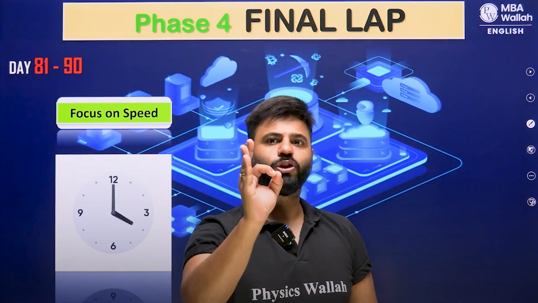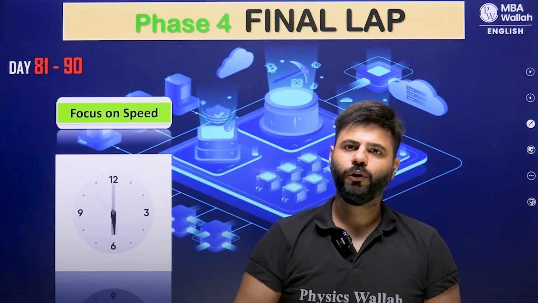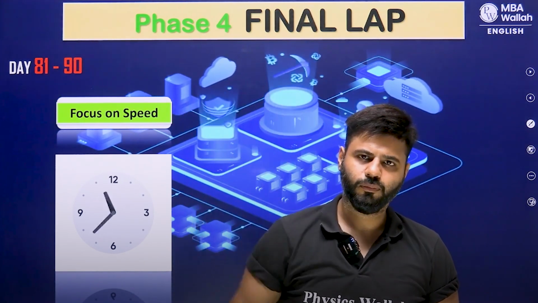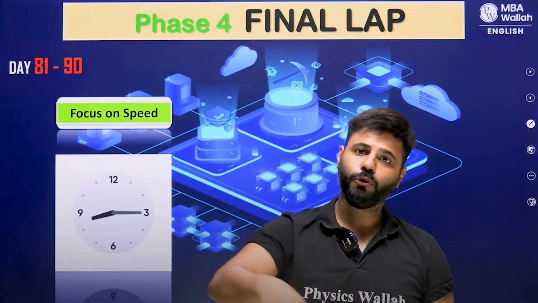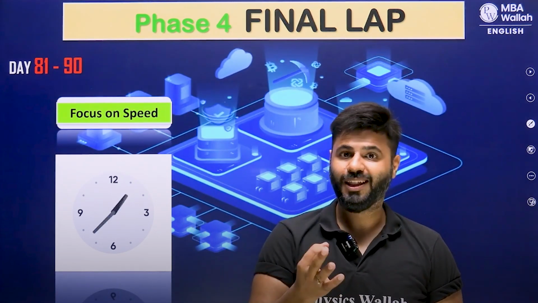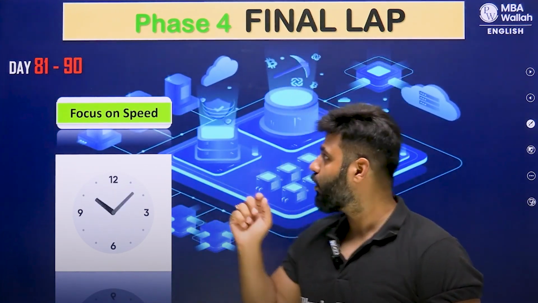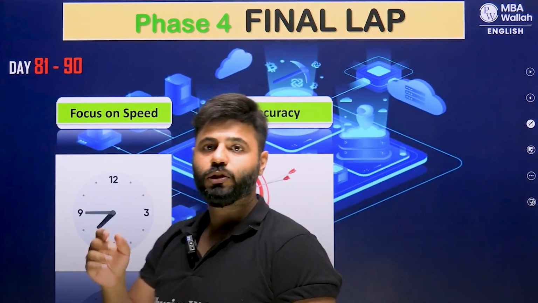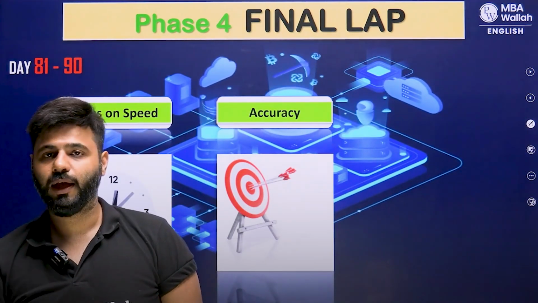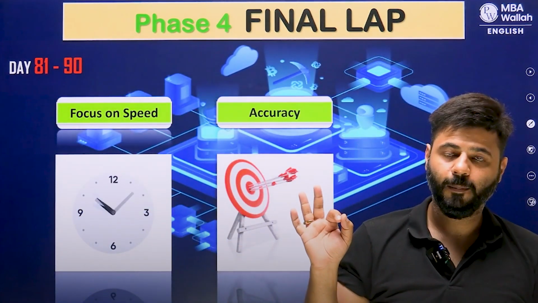So if you start the paper at that particular momentum, when you're done with 5 questions in 10 minutes, your confidence is top notch. You know that you have already cleared the sectional cutoff. You know everything you're going to get now will increase your percentile beyond 85, and you just sail through. That's the power of these next 3 phases which I've talked about, phase 3, 4 and 5. So focus on speed and accuracy. Now no more just closing the eyes and leaving the arrow. No more what we call in Hindi, tukkabaji, right?